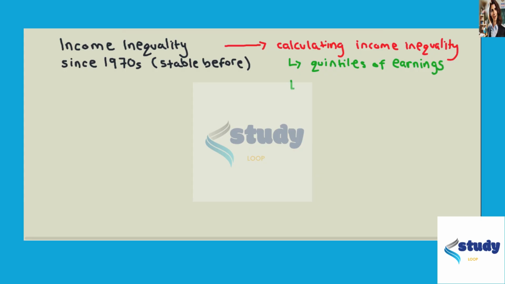Furthermore, we can depict these quintiles of earnings in a graph that we call a Lorenz curve. So, to look at income inequality quintiles,